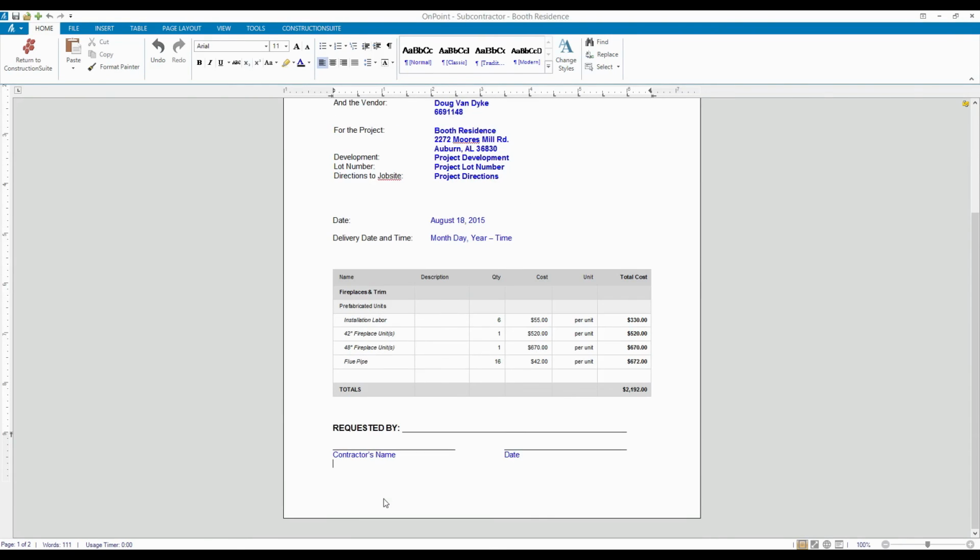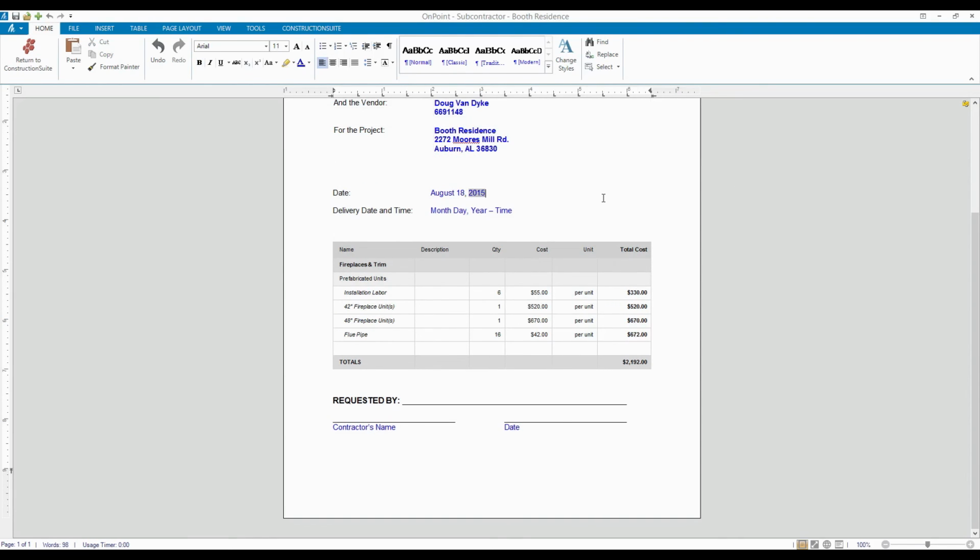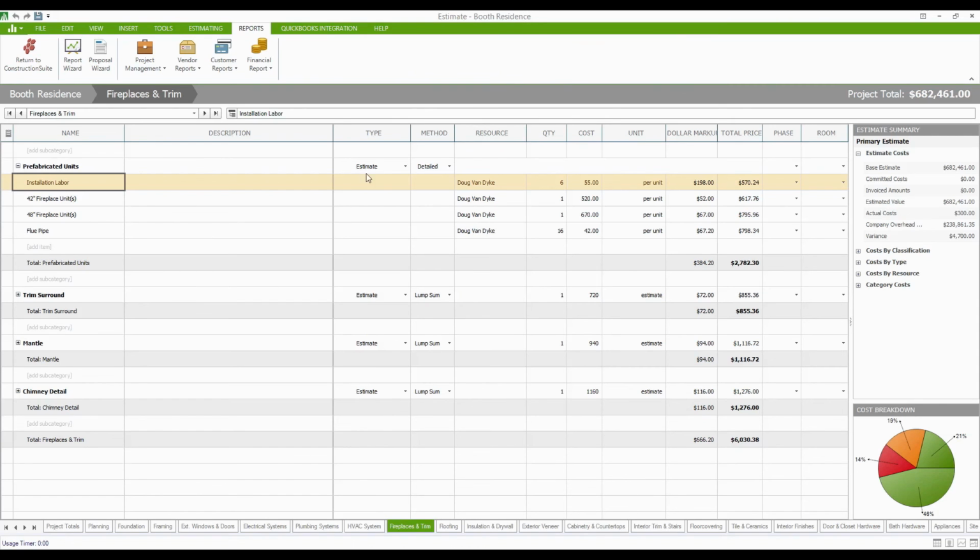Now don't forget, you can always come through here and set these up so that the formatting on them is the way you like it. In my case though, I've noticed that there's some information in here that I would need to delete, and it's pretty common for me to delete these particular sections. So rather than going through and deleting these rows from the table every single time I generate the report, we can actually come back to the estimate,